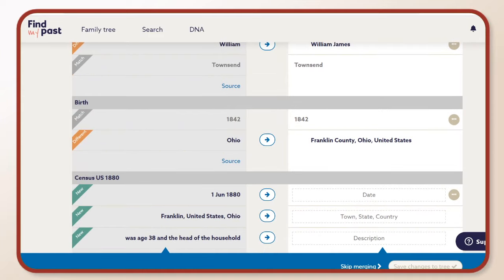What I absolutely love with this view is that the information on the left, let's say we have a birth date in a new record and you only had a partial birth date in your tree, you'll be able to bring that new information over as an alternative fact, or you'll be able to bring that information over as